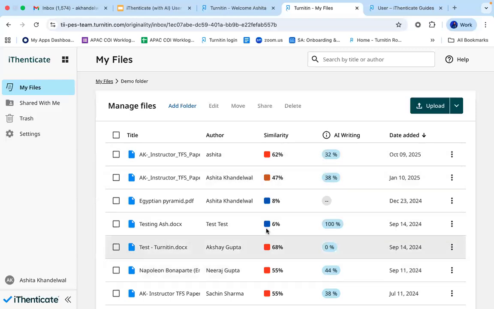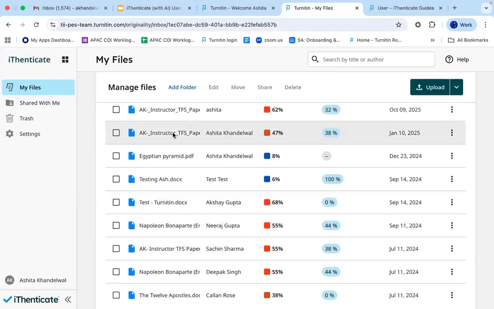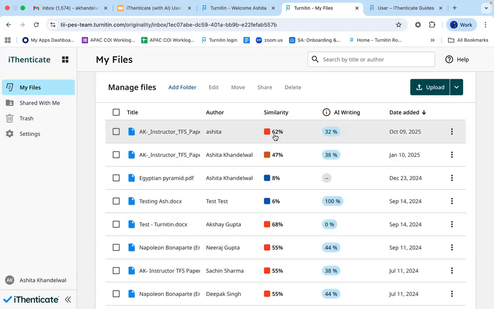Whenever you submit any paper, the paper will be uploaded immediately and the report will also be generated. Like you see the reports being generated over here. So in this way, you can upload multiple files either together, or one by one, or in a zip file.